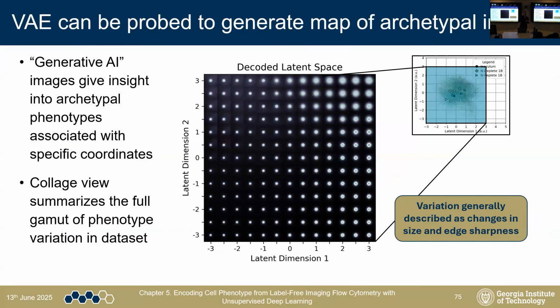Okay, so we looked at the encoder. Now what can the decoder do for us? The decoder is able to generate images when you give it a coordinate. So, for example, we can probe it for coordinate 1, 1, and it will show us what a picture of an algae cell will look like when it goes into spot 1, 1. This is useful because it can give us a visual map of what that cloud of points actually means, because just numbers is not very meaningful. This gives us a collage or an overview of all the different phenotype variations seen in this experiment. And there wasn't any annotation or labeling involved. This was a completely emergent property of the system, unsupervised learning.